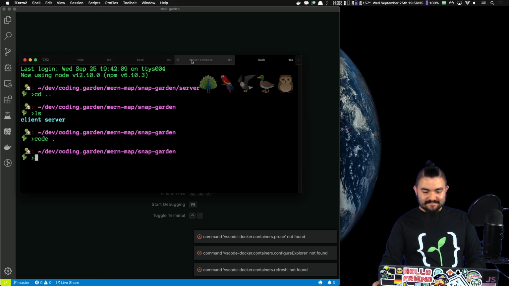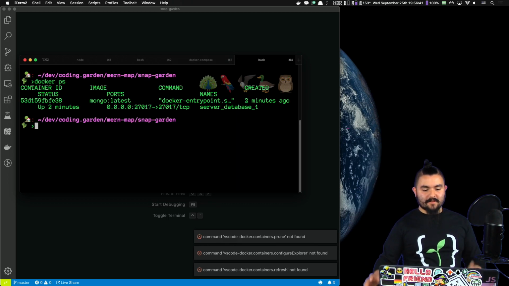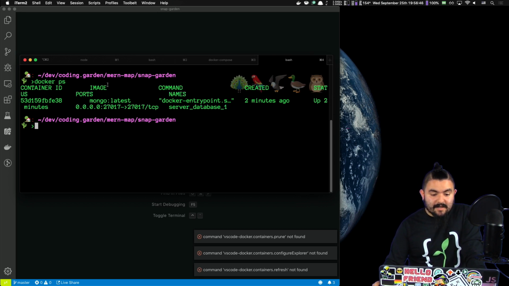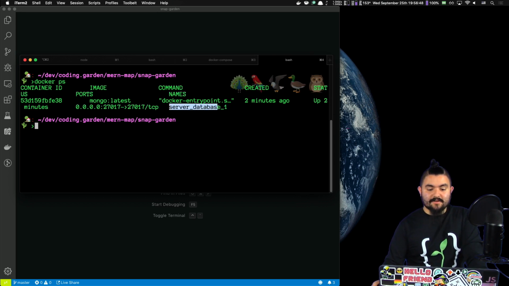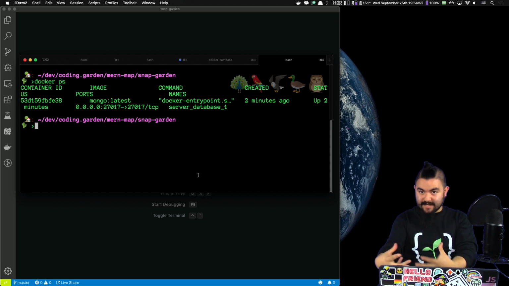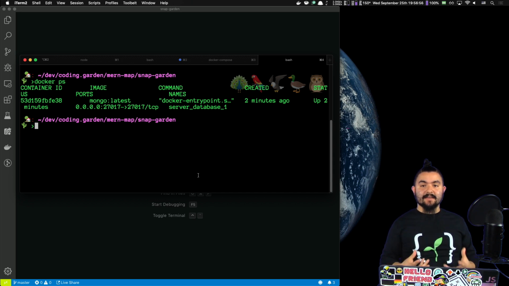So we have this container running. Here's what I'm gonna do. I'm gonna do a docker ps. That'll tell me all of the Docker containers that I have running. We can see here that I have this one running, and its name is server-database-1. So what I want to do is go into that container so that I can run some commands inside of it. Essentially, once I connect to it, I can use Mongo and explore the database. So I'm going to do docker